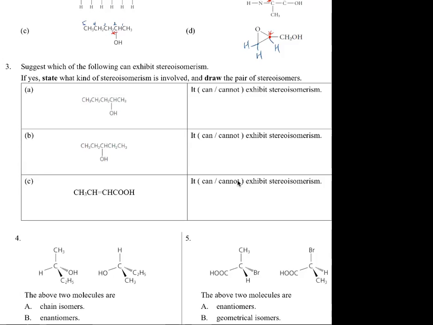So for question 3, it asks you to state what kind of stereoisomerism it involves. So far we've learned 2 types. Okay, if it involves a double bond, you can consider whether it has the